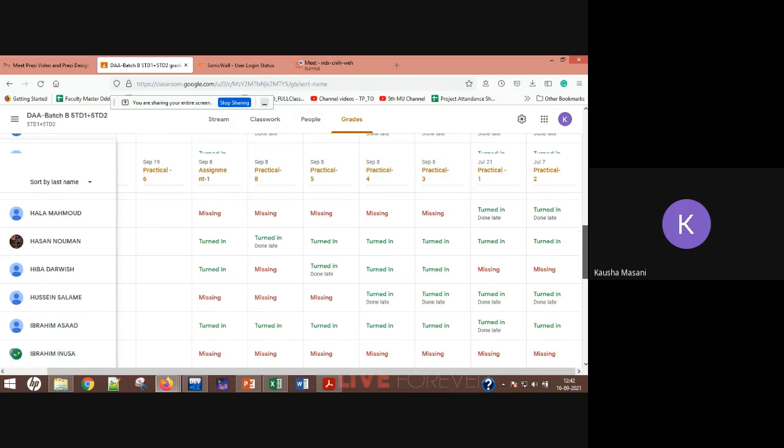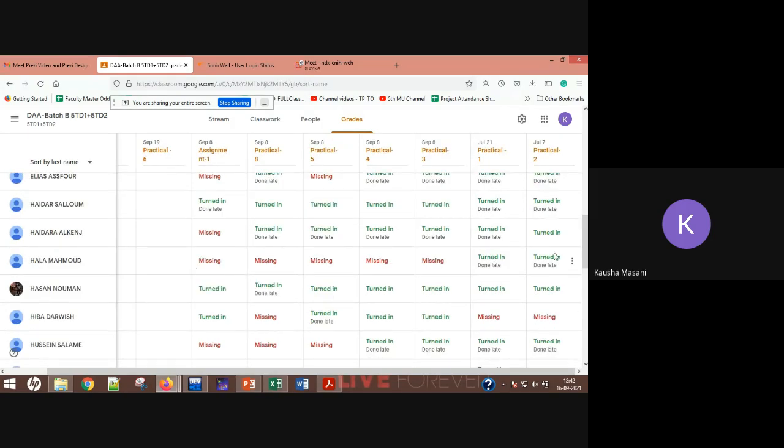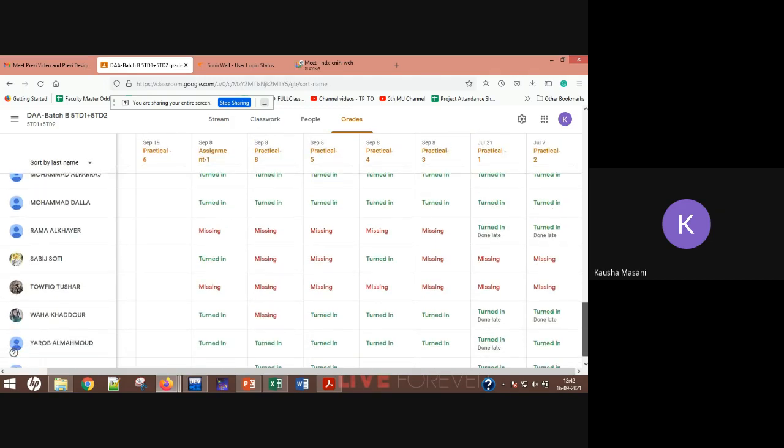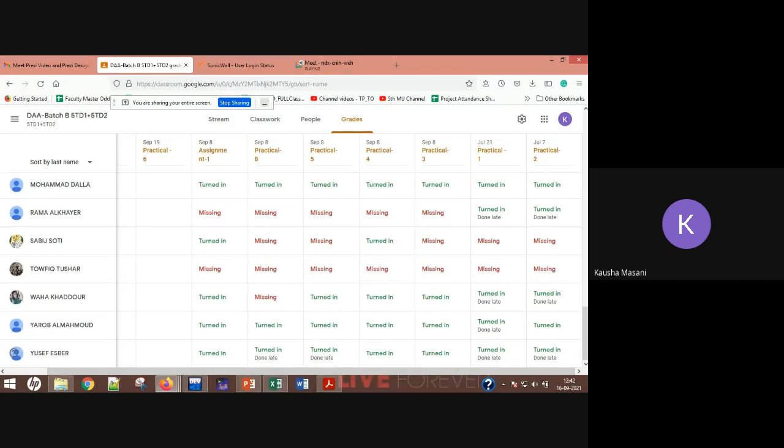How am I supposed to give you marks on such things? Then you come to me and say, madam, you have given less marks. If you're not submitting here, how am I supposed to give you marks, on what basis? Even the attendance in your batch is a problem. Many of your friends don't come, then later request me to pass them in the exam. How can I do that? I should have some basis on which I can pass you.